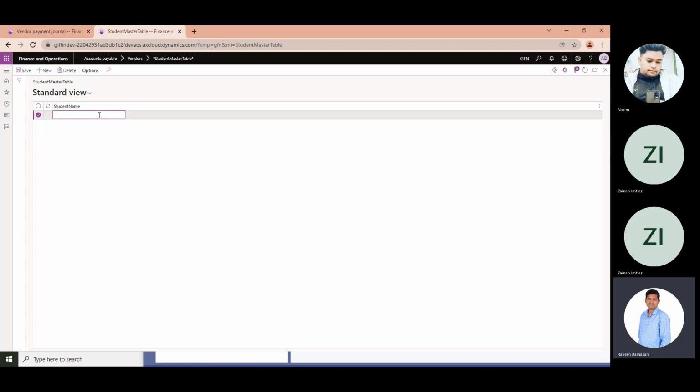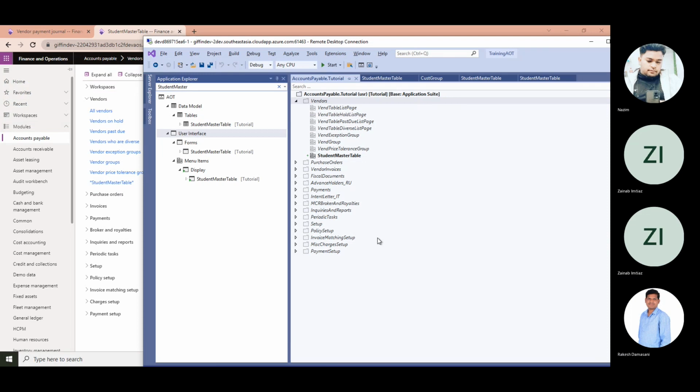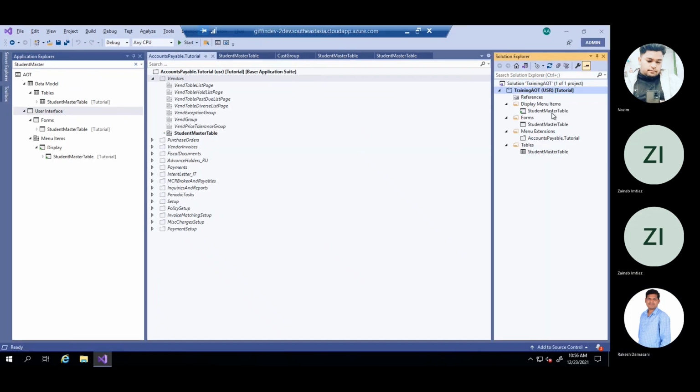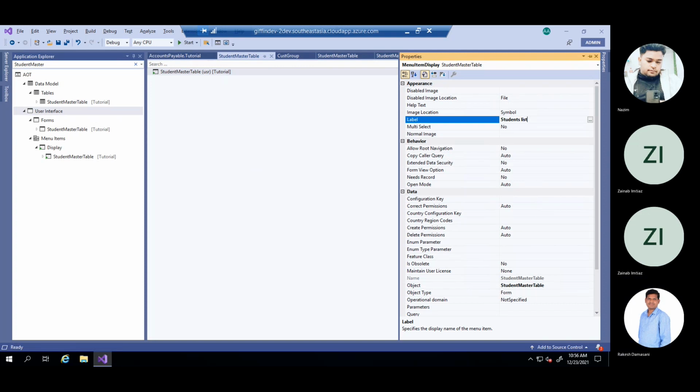Here it is showing as student master table because there is no label defined, so we have to define a label. Let us say students list.